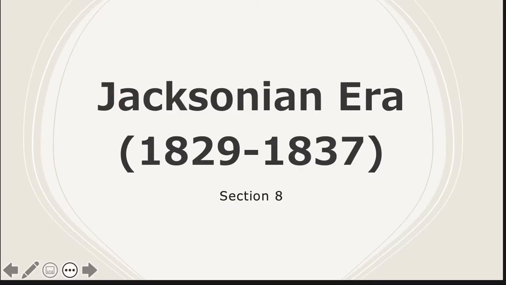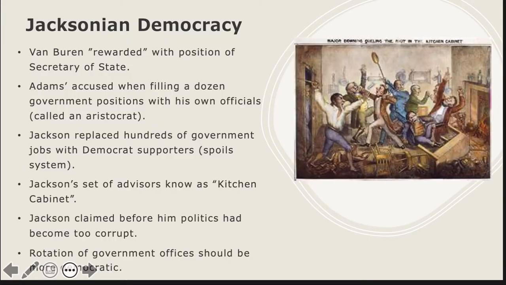Right, welcome to our last piece of Unit 4. This is part 2 of the Jacksonian era piece here. Last we left off, Jackson had just gotten elected and he was beginning his time as president after the election of 1828. Now, you read about Jacksonian democracy for your homework last night, but we need to talk about it